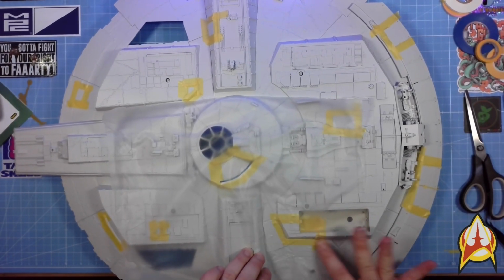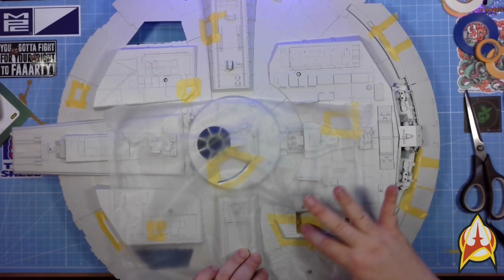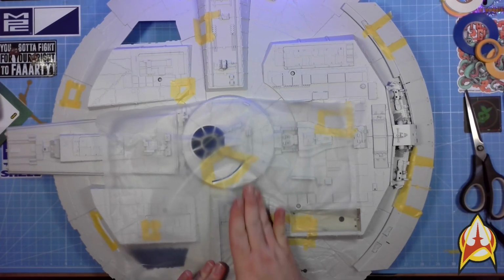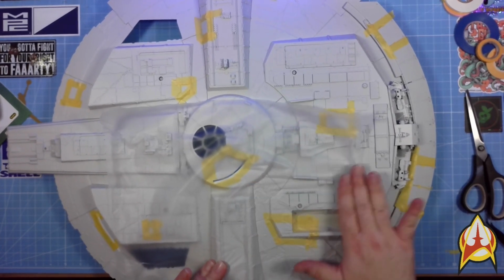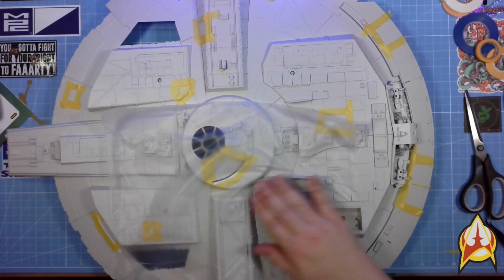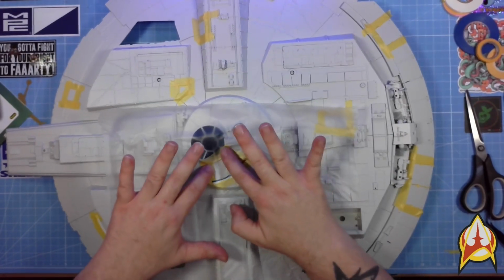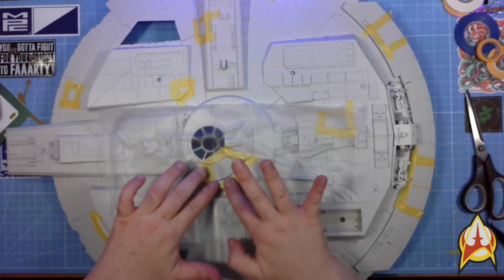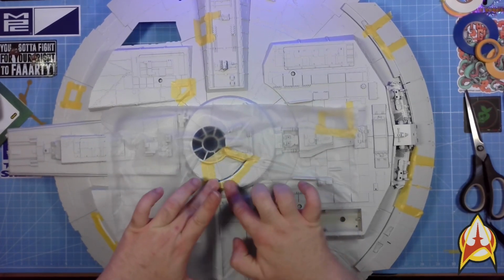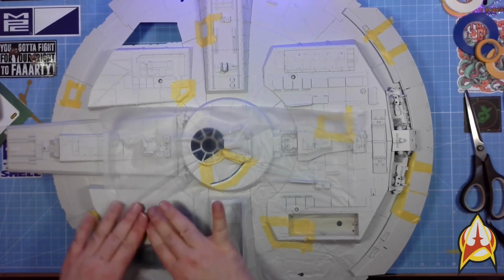So I like to take my press and seal, and whatever voodoo magic it has, I kind of understand the technology behind it, but whatever voodoo magic it is, you just press it down to the model and seal it down. I like to go through and press it all the way down, because if any paint does happen to get through, you're sealing it off and there's nowhere for that paint to go, so it's just going to hit the back of a wall. So as we go through, I like to go around the tape where we've taped off, try to leave the part that we're leaving to be painted. Leave that, don't press down on that. I kind of made that mistake over here because I was talking, but you want to press down along the tape and only along the tape, and then immediately surrounding the area where you're going to paint,